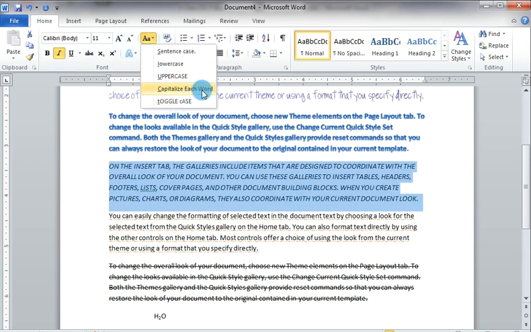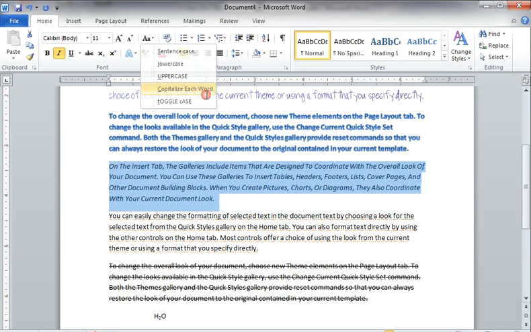And by selecting capitalize each word, the first character in all the words of the selected text is converted to capital letter.